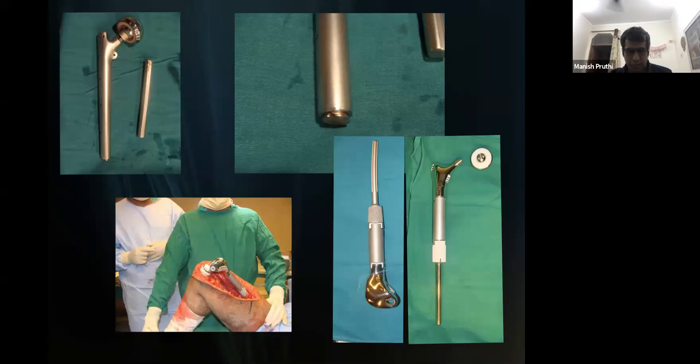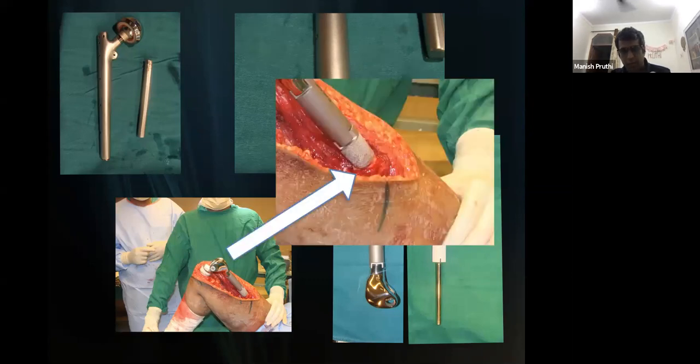If you see this clinical photo carefully, the proximal part of the prosthesis has some white thing. That is what I have zoomed. This white thing is actually a hydroxyapatite collar, which allows periosteal bone ingrowth into the prosthesis. Once this periosteal bone ingrowth happens, the prosthesis gets additional stability, which improves the life of the prosthesis. So that is what we can do to improve the life of a prosthesis.